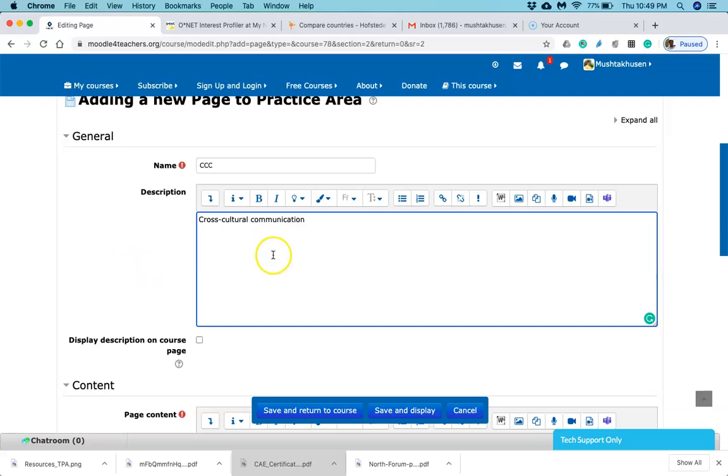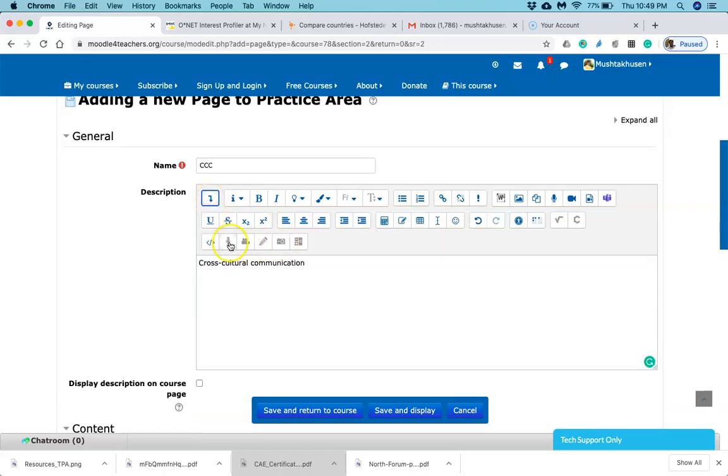Okay, so this is what I added. Now let me add something related to this. I have already added one video, so let me add one audio here using Moodle.